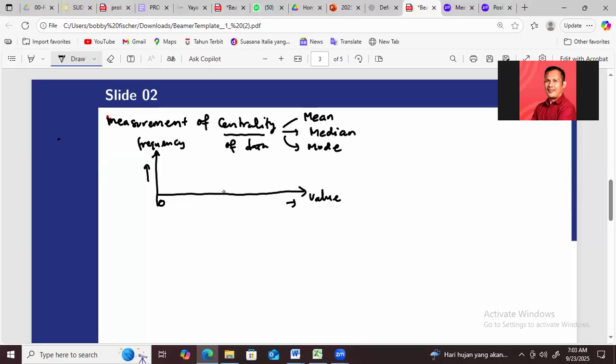Okay. So let us continue with the statistic of a tree. So you have a tree, for example, mango tree, and the tree has a leaf. And after the leaf is old, the leaf will fall down here. There are a lot of old leaf that fall down in the soil.